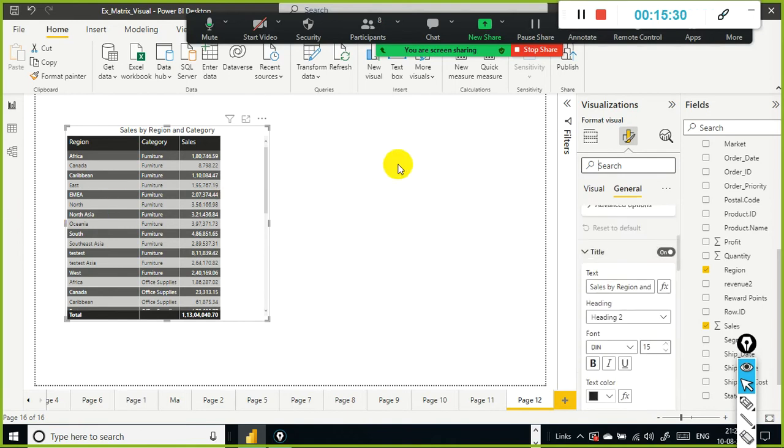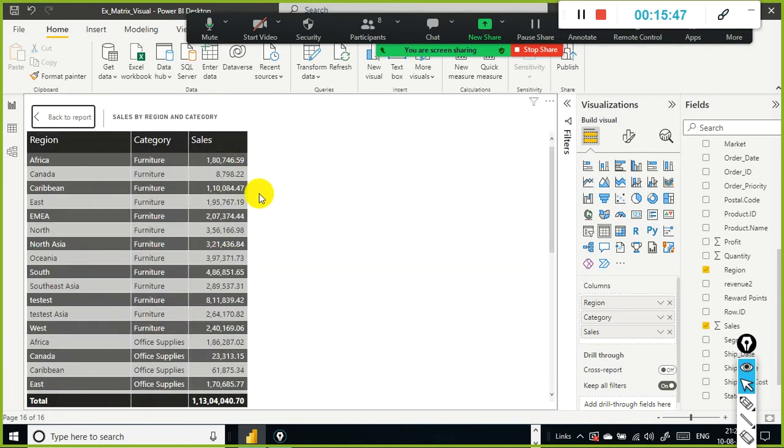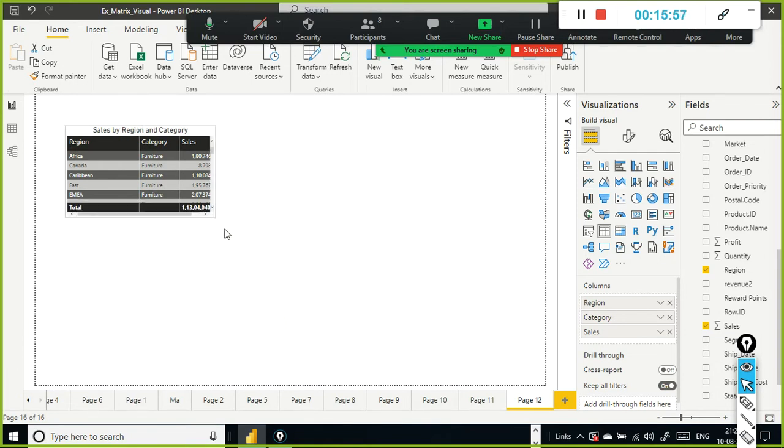Okay, let me do one thing. I will just select this one. So on top of the visual you will find the filter. Okay, filters on visual, and this is your focus mode. When you click on this, it'll zoom your visual. See, when you start designing a report page, you will have multiple visuals like this, right? Small size it will be there,